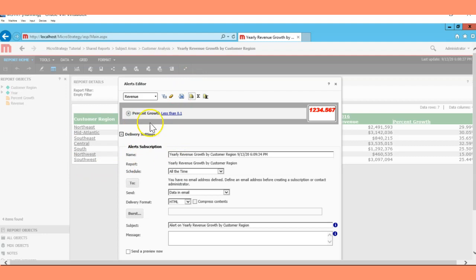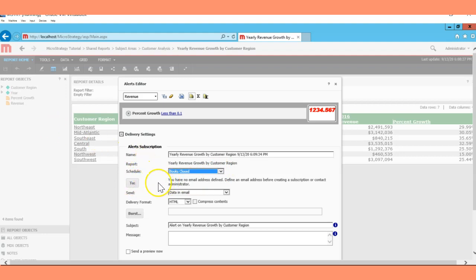All right, so this is delivery settings, and under the alert subscriptions, we have the alert subscription here. If you see, we have the schedule, we have the name of our report here, and under the schedules, I'm going to change it to just books closed.